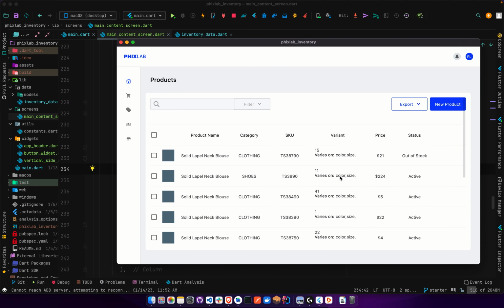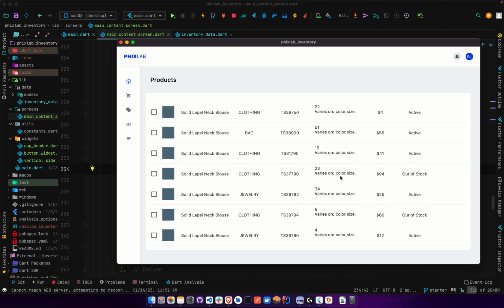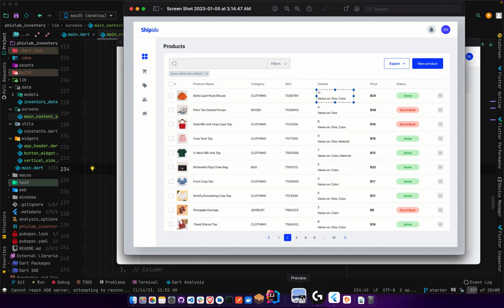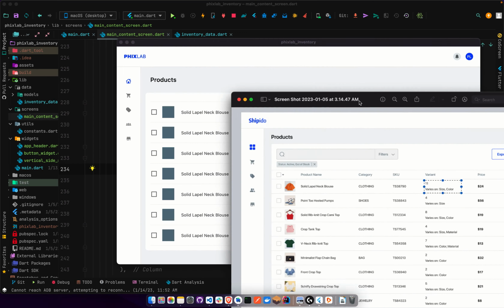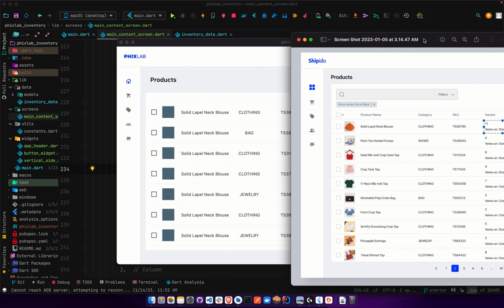Alright, so that's what we have so far, guys. You can see that we've really gone far with this. So let's check out the reference and see where we are missing. Now we have something very close to this. The final touches we're going to be doing is actually on this pagination and then lifting the style of this